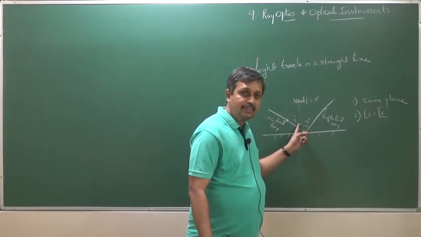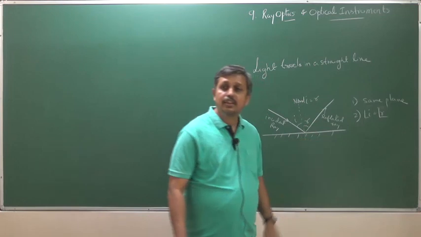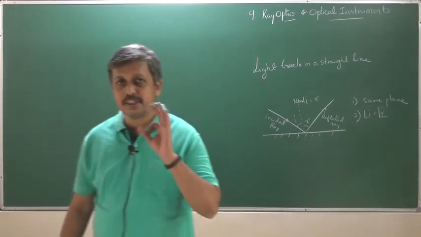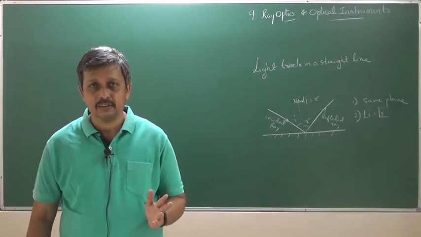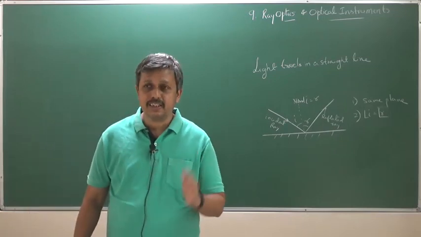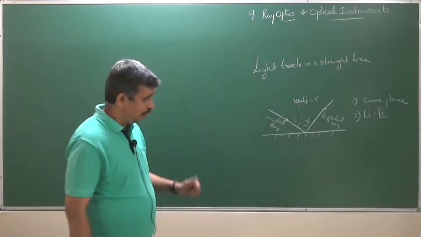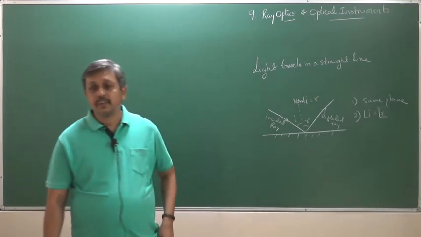So this is called angle of incidence. This is angle of reflection. So those two are equal. So please state it properly. Always, angle of incidence is equal to angle of reflection. Incident ray is equal to reflected ray is wrong. Now, the second important problem is